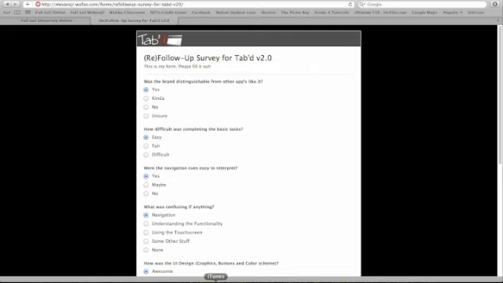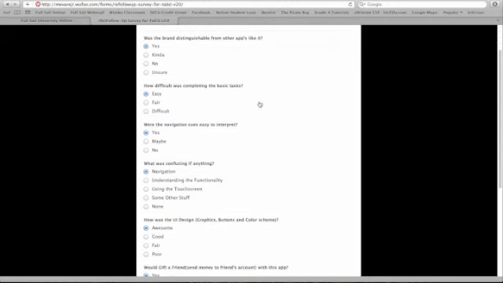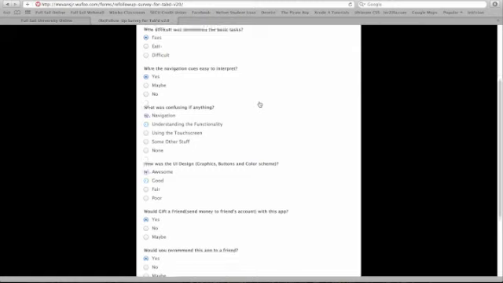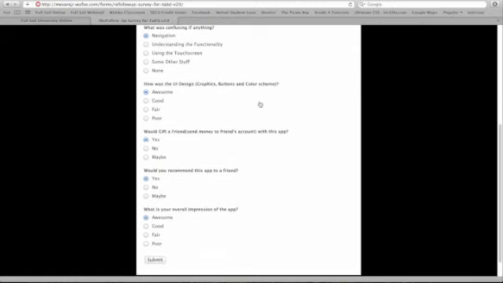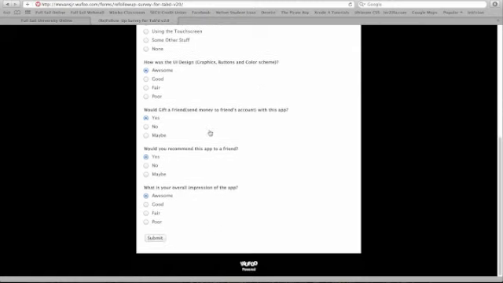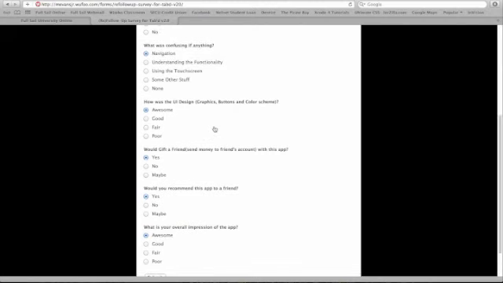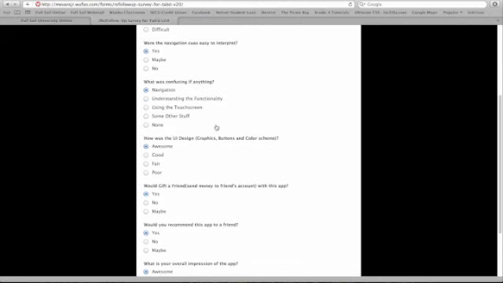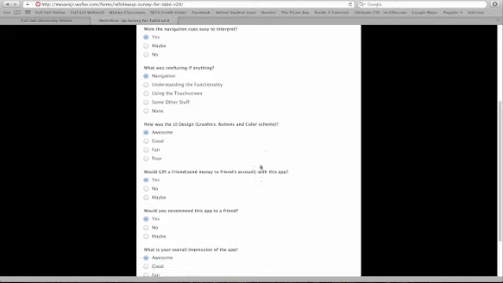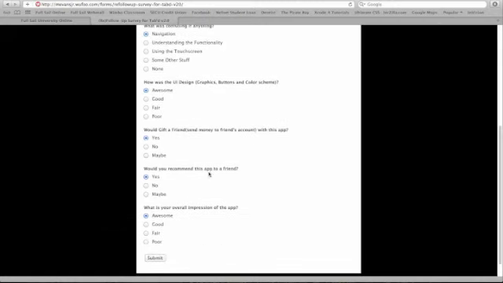So what I'm showing here on my screen is my actual follow-up survey for the tab version 2, and pretty much the same questions. I added a question about, would you gift a friend with this app? Would you recommend this app to a friend? And actually, all of my participants said that they would recommend this app to a friend. They actually liked the idea a lot,